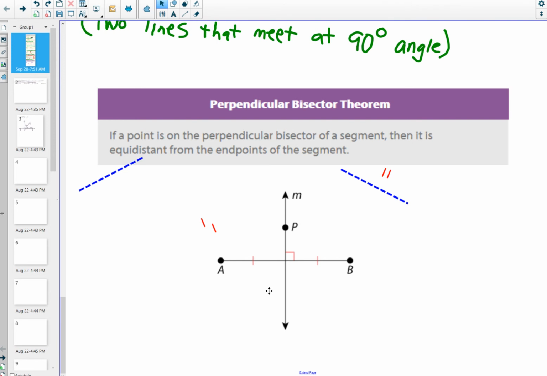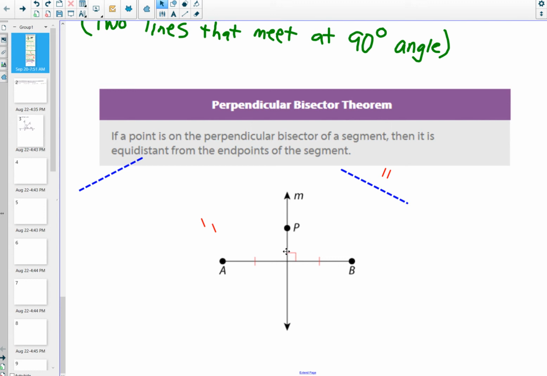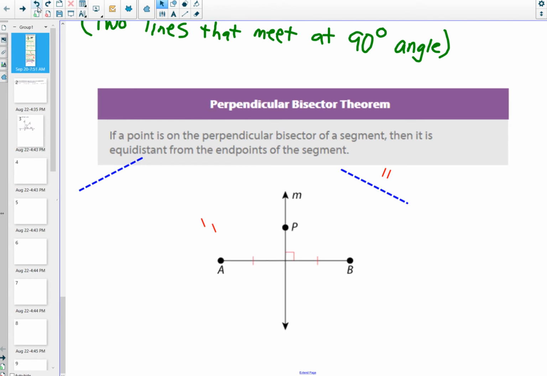Okay. What this is telling you is if I have a segment, which one of these is my segment? My line segment. Which one has a beginning and an end? AB, right? So if I get this segment and cut it in half, even though they don't give it a name, right here is my midpoint. And if I draw a perpendicular line through that